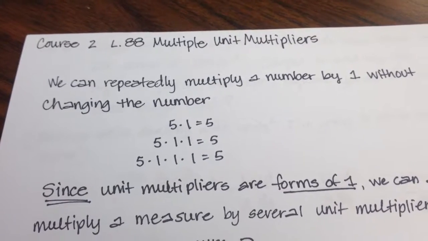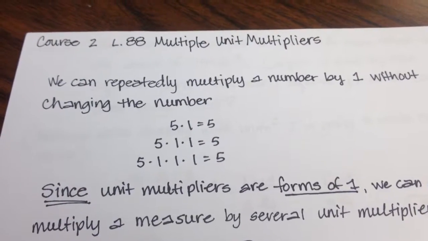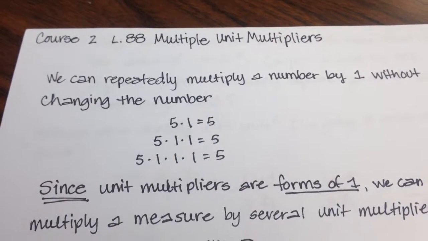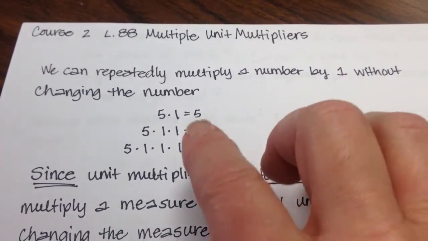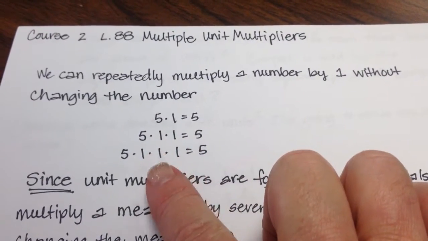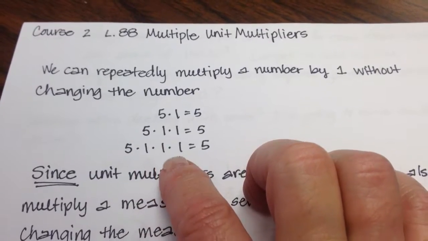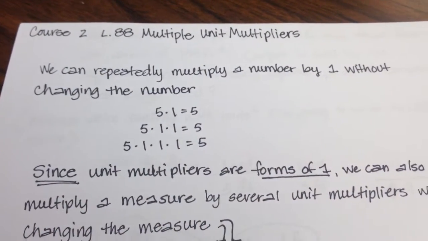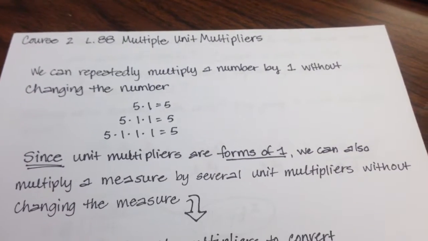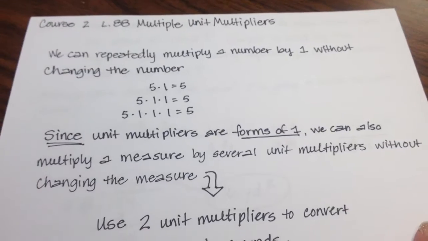Okay, course 2, this is lesson 88, multiple unit multipliers. So we can repeatedly multiply a number by 1 without changing the number, right? We have 5 times 1 is 5. Well, 5 times 1 times 1, still 5. 5 times 1 times 1 times 1, still 5. And since unit multipliers are forms of 1, we can also multiply a measure by several unit multipliers without changing